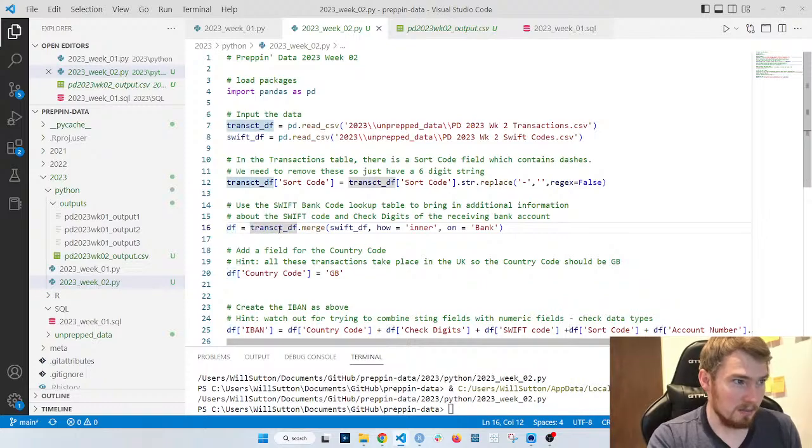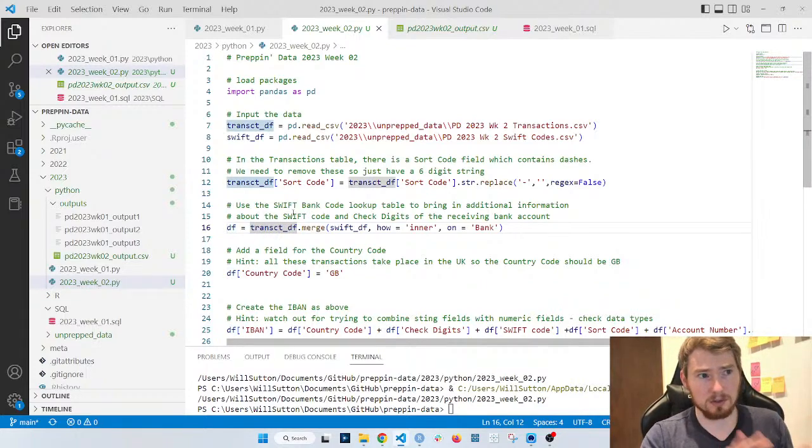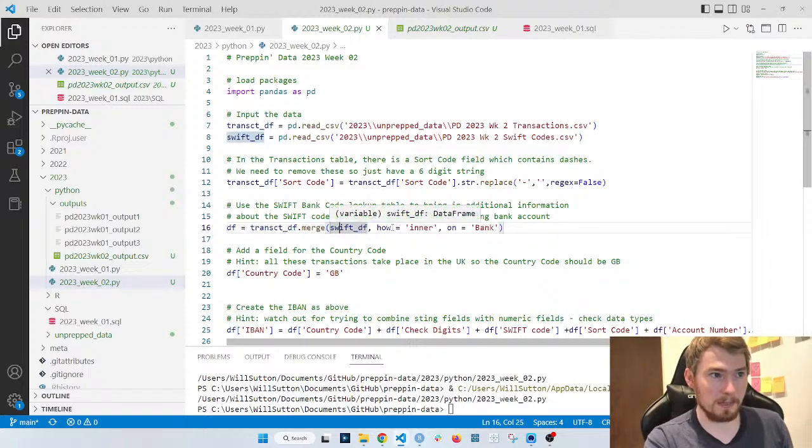With the data frame, we had those two data sets and we merged them together. It's also known as joins most of the time. Here we use a function called merge: one data frame, merge it with the second data frame, and how we want to merge them. In this case, we want inner. We shouldn't have an IBAN that's missing parts of the code, so this needs to be inner.